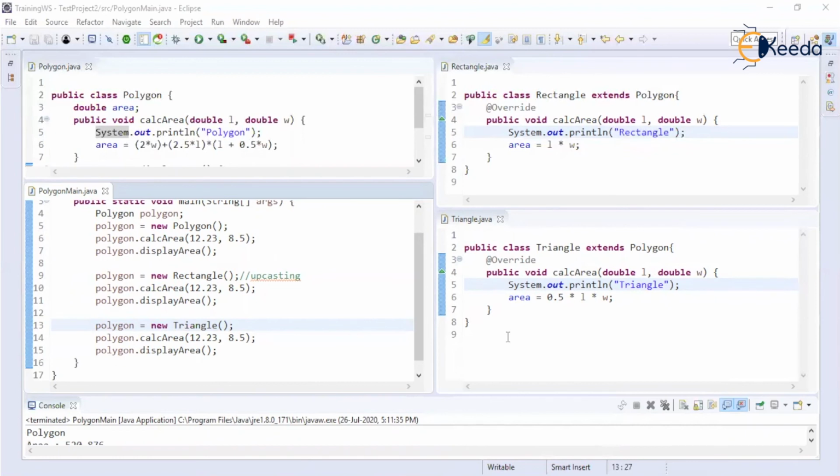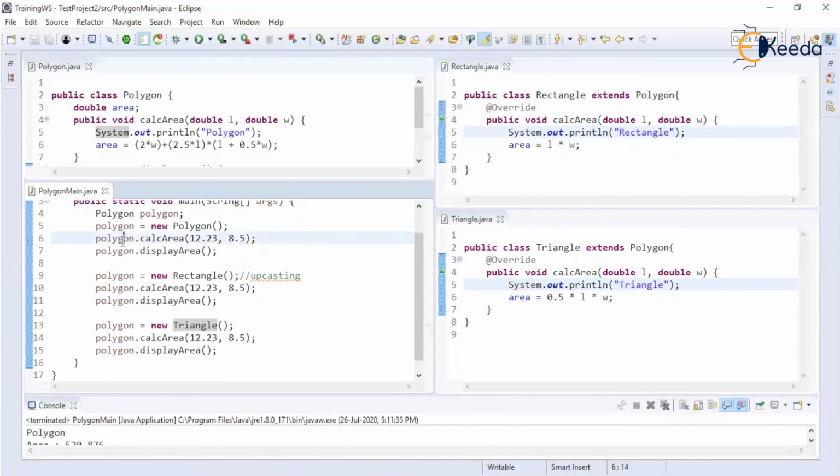So let's see what the compiler is doing over here. The compiler is checking the syntax. Okay, fine, one reference of type polygon is created. That reference is initialized with an object of polygon. Is it correct? Yes. Polygon.calc area and two values are being passed.